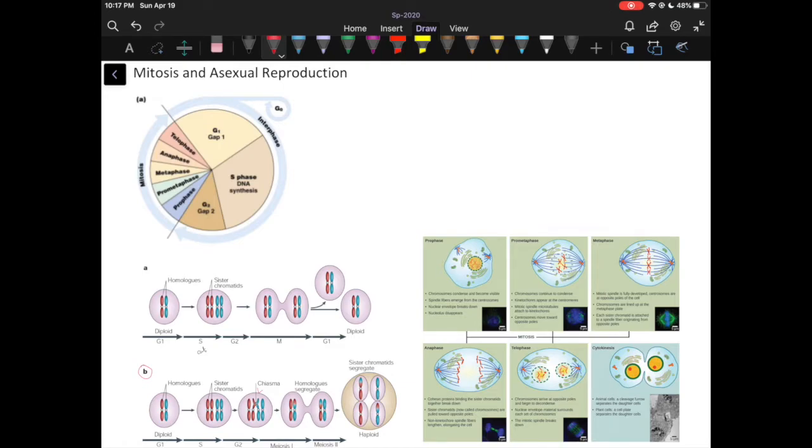Mitosis is the primary way that asexual organisms, along with their somatic body cells, are able to divide. And the cell division process is regulated by what is known as a cell cycle. So here, the first image we have is our cell cycle. And the cell cycle has two main parts, interphase and mitosis. Interphase is where we're going to get that DNA replication,